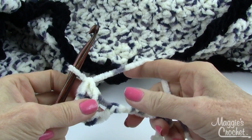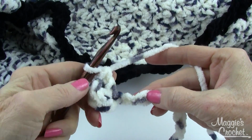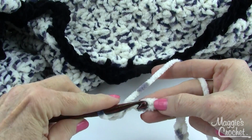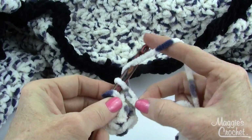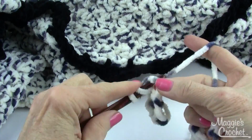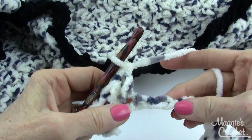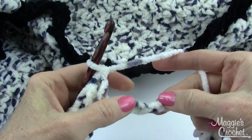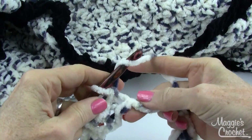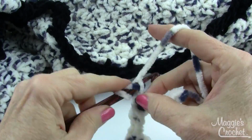Okay, now it says to skip 2 chains, so that's 1 and 2. And then work a shell of single, half, and double into the next chain. So single, half double crochet, and double into the same chain. So then I skip 2 chains, 1, 2, and do the same thing in the next chain, which is single, half double, and double crochet